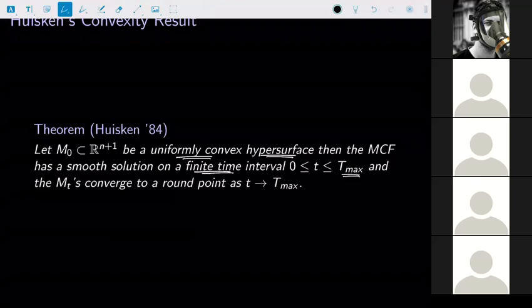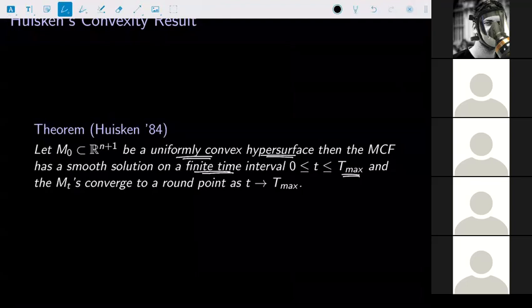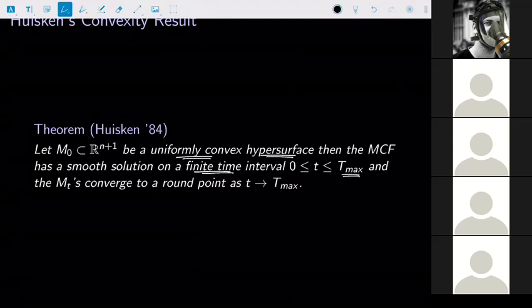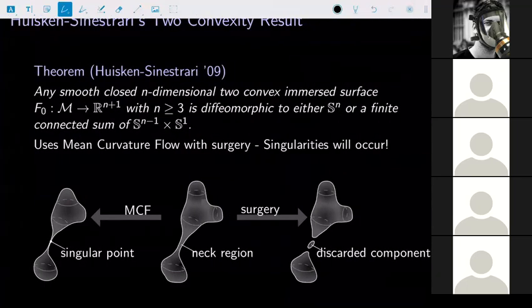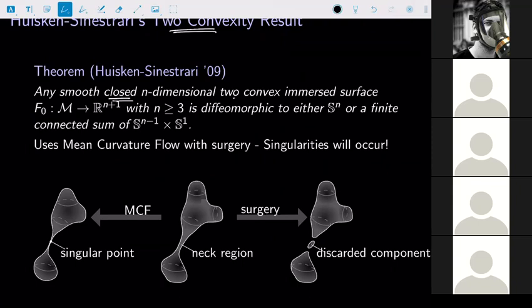So here you have a uniformly convex hypersurface. If you have a uniformly convex hypersurface, you know it's actually already diffeomorphic to the sphere, and the mean curvature flow takes this uniformly convex hypersurface and shrinks it. And as it shrinks it, it'll form a singularity in finite time, and at that singular time, that hypersurface will become round. Okay, now what if you relax the convexity result? Well, if you have 2-convexity here, so this is also a theorem by Huisken and Sinestrari from 2009. You have a smooth, closed, n-dimensional 2-convex